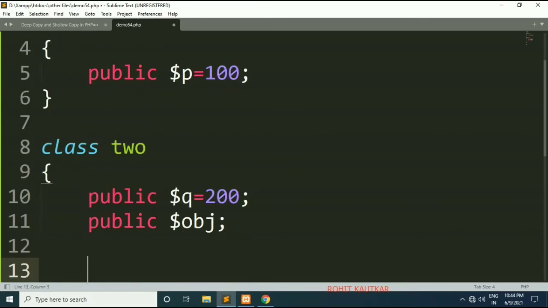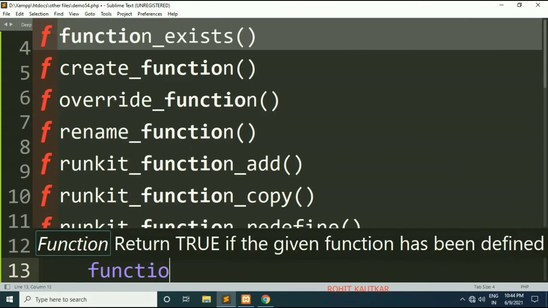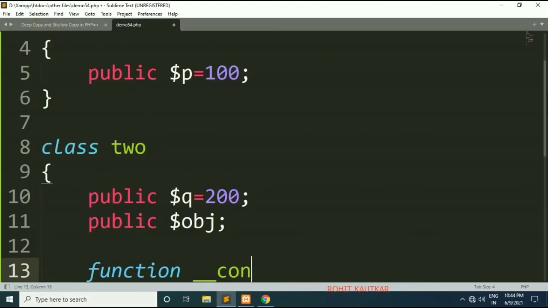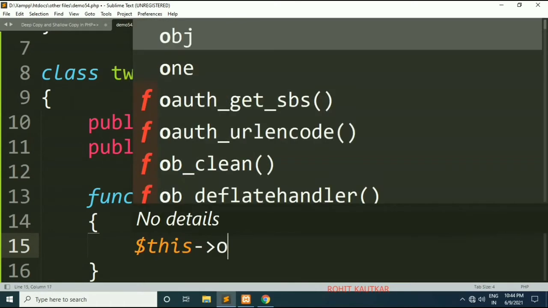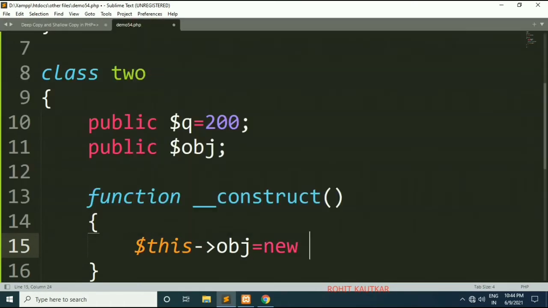Now within the constructor of this class I will specify the instance of class1. So I will write this obj is equal to new class1.